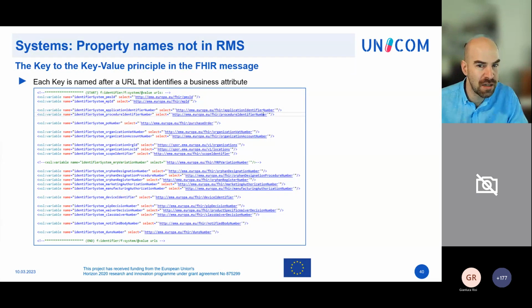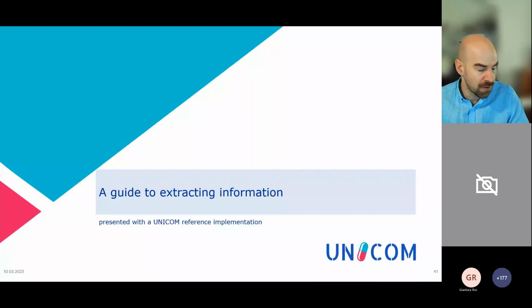A system is a kind of list or attribute to identify something that you need to know, which is why this slide is important. It looks very technical, but it has all the things that are not in RMS, and you need to know those because there is no other way of knowing them. You, of course, can always reference back to that slide if you're actually doing implementation.